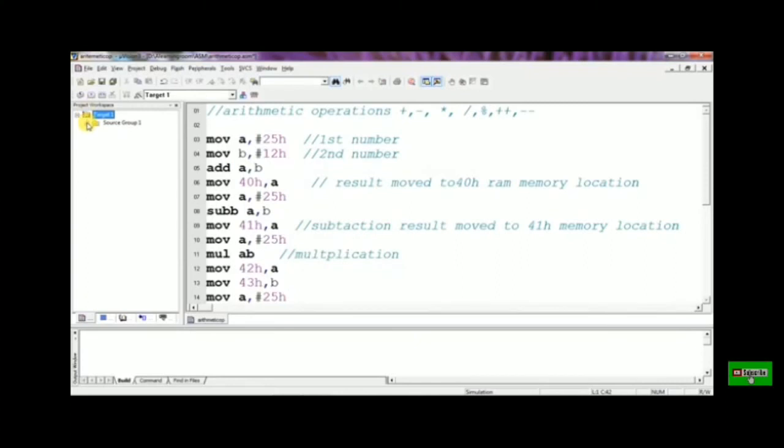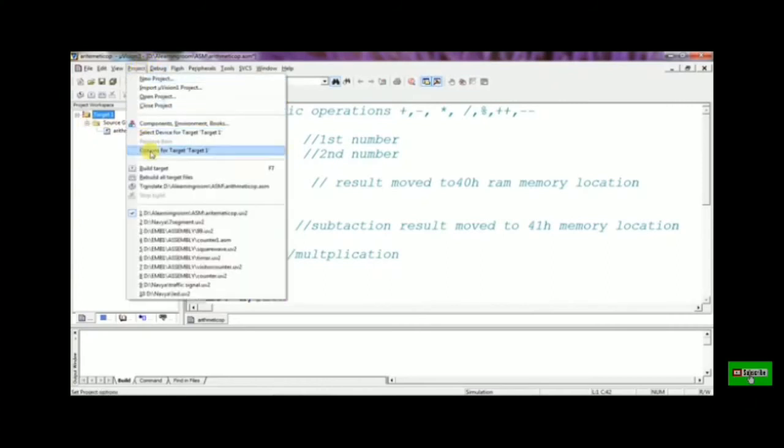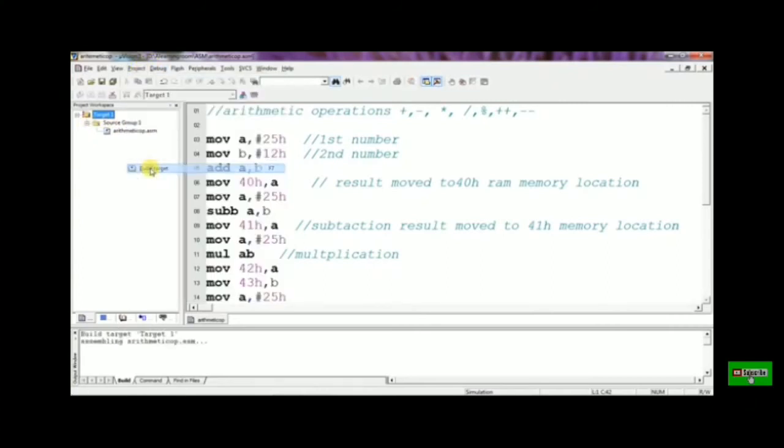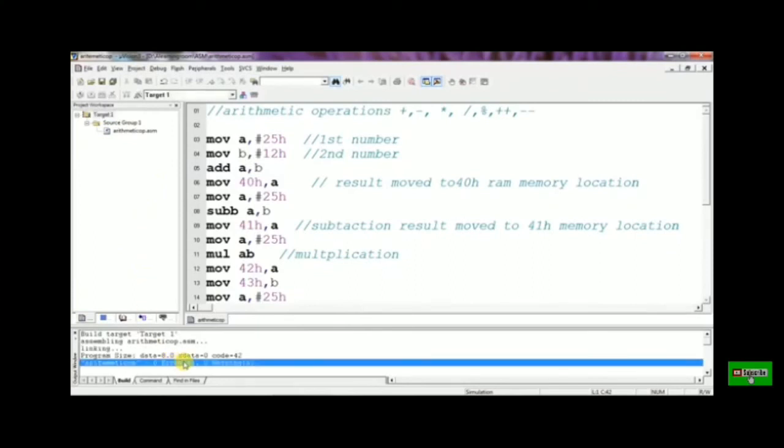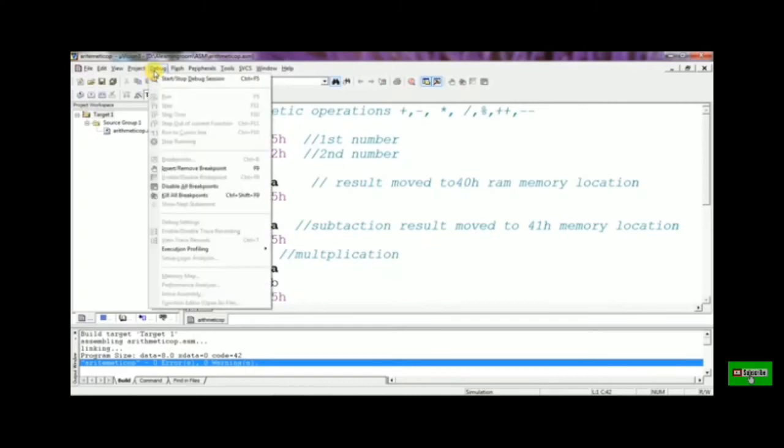Click on the plus sign of the source group and we can see our file arithmetic op. Then Build Target. In the project we have the Build Target option, and we get 0 errors, 0 warnings here. Because of that we understand our program is all right. Then go to the debug option, start debugging.